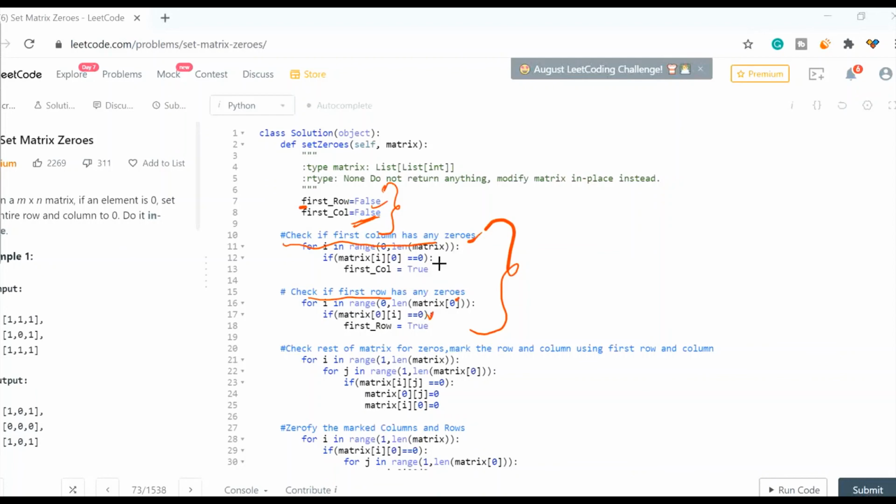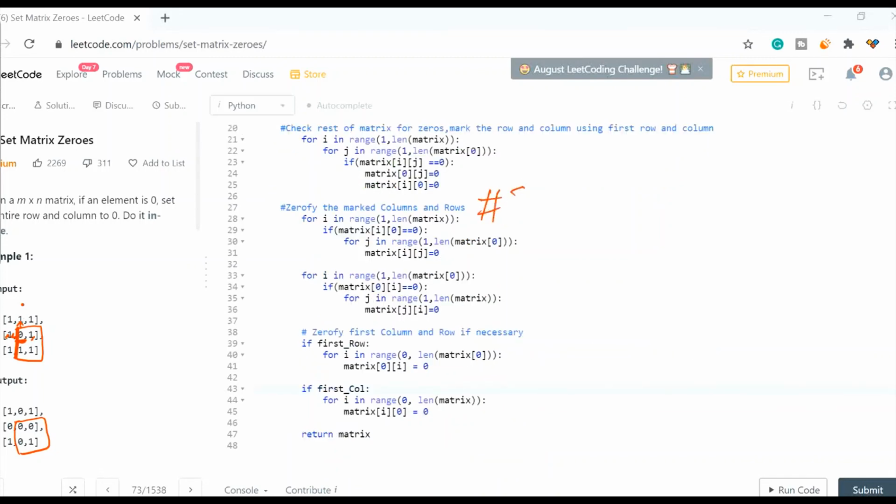If they have 0, it will change the first row and first column status variable to true. Right? Here I need to check one by one all the inner elements. If they have 0, make the respective outer elements 0. If they are 1, just ignore it.